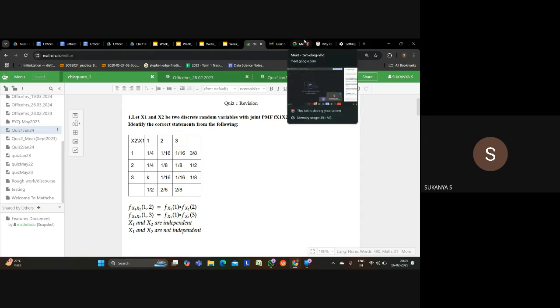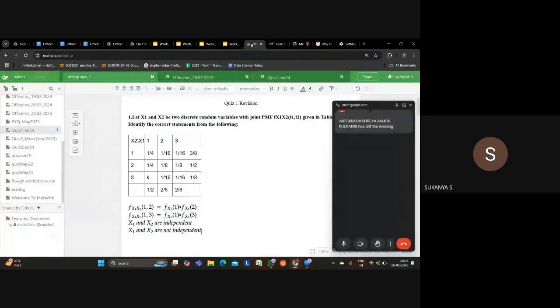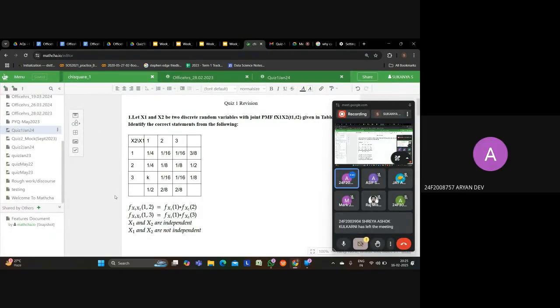What is the ideal scenario? The joint probability is the product of the marginal probabilities. Yes, exactly. The joint probability is the product of your marginals. Now, when you are checking in the case of a PMF table, you need to be aware that every pair has to satisfy this. That is, 1 by 2 into 3 by 8 should be 1 by 4. Whatever you have, the row sum into the column sum should give you your cell. Only then can we say that x1 and x2 are independent.